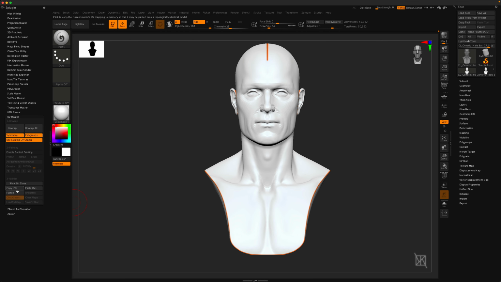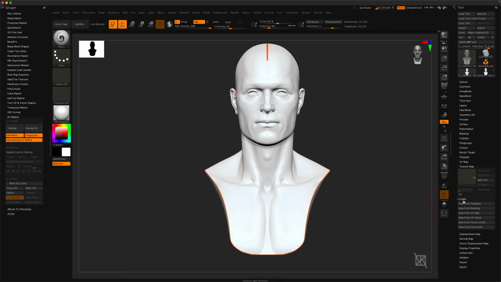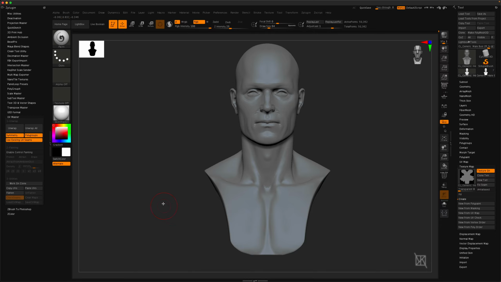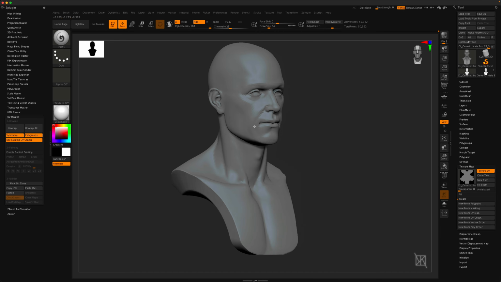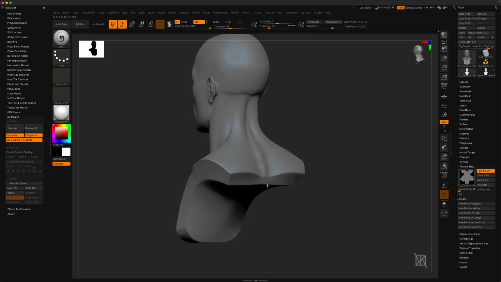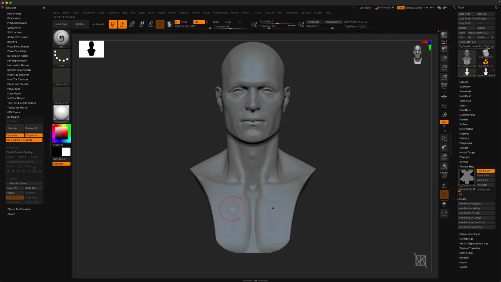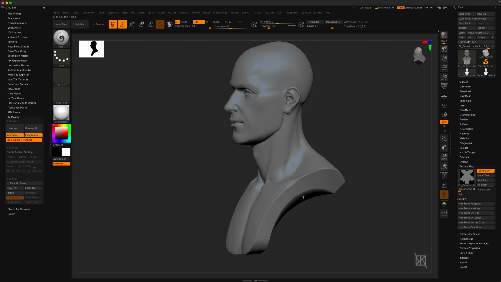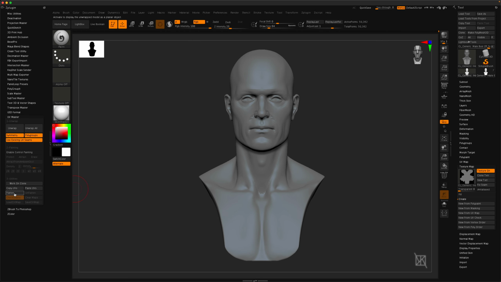The next step is generally to copy the UVs and then paste them into our high-res model. But before we do that, I want to run a UV check to make sure that there aren't any errors happening. To do that, I'm going to go over to Tool and Texture Map, and then under Create here, there's this New from UV Check. When I click on this, it's going to create a texture map, and any areas of this texture map that are red indicate an error in that area of the UV map. In this case, everything looks good, so I'm going to go ahead and click Copy UVs, and then go over